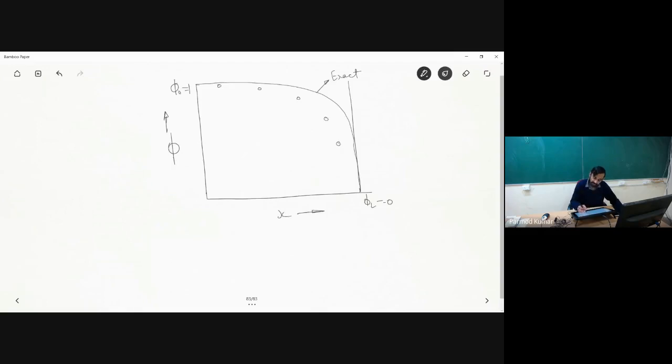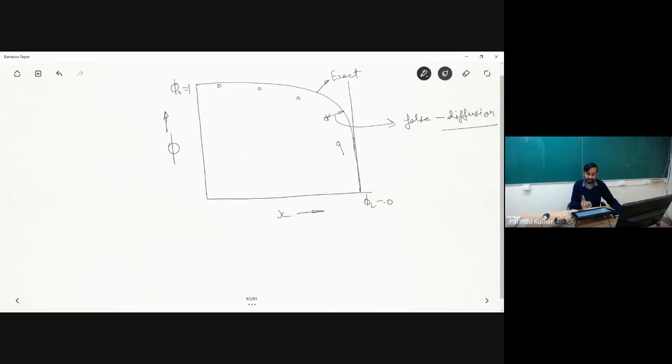So my solution is now oscillation free. I am not having any oscillations over here, but it is resulting in some false diffusion. So we are having significant variation between these 2 points. This is what is called false diffusion, or diffusion error, or numerical diffusion. One more thing you will find is that this diffusion is more prominent in the right portion. Whenever you approach close to the right side boundary, the magnitude of diffusion increases.